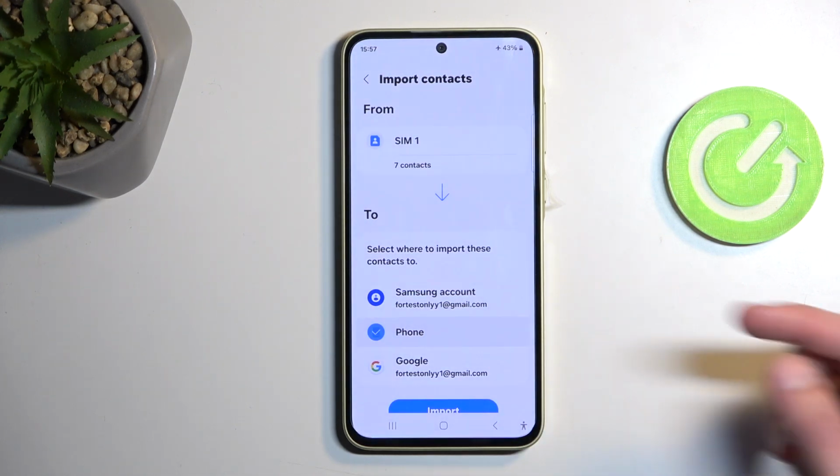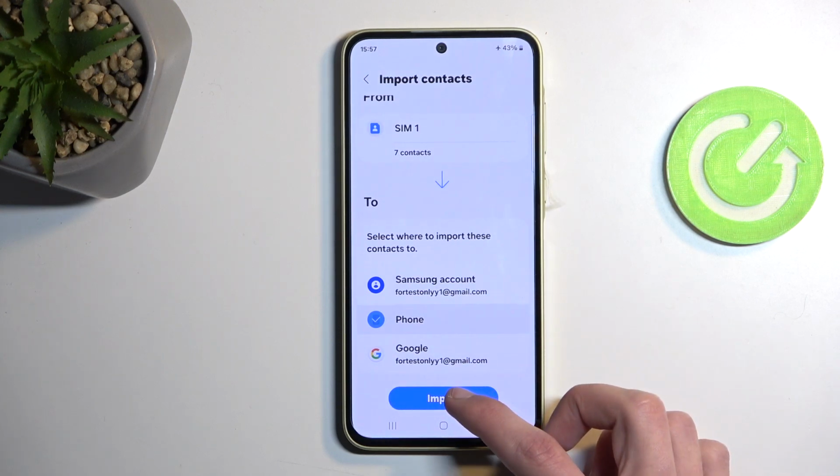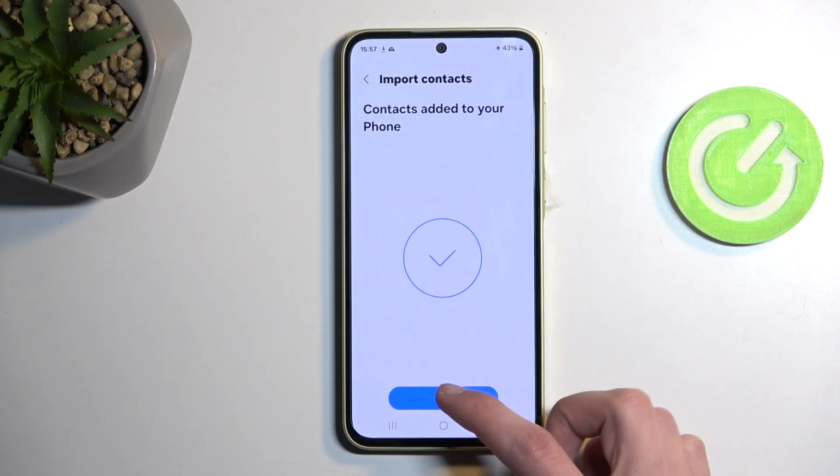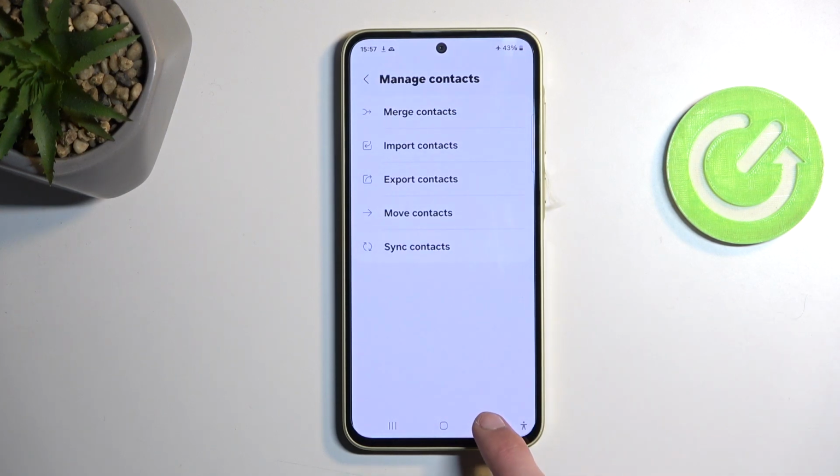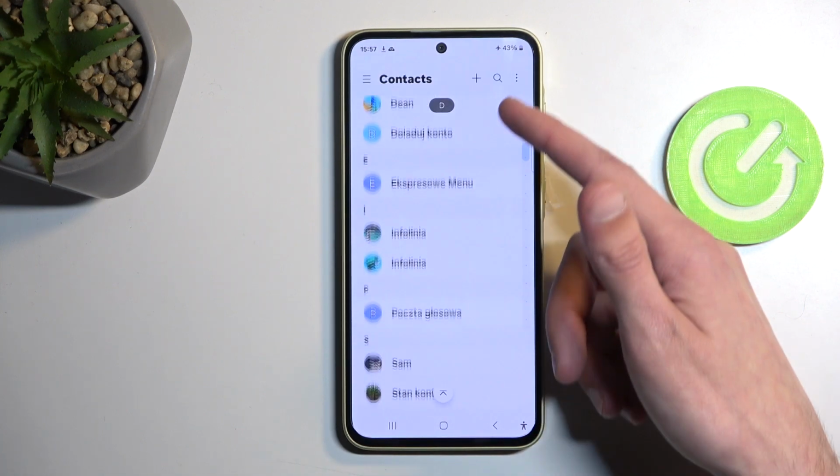So as an example, I'm going to choose phone, and then we can choose import. This will say that it successfully imported the contacts, and now when we go back, we should have them visible right